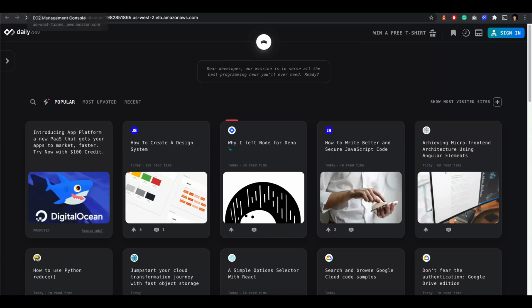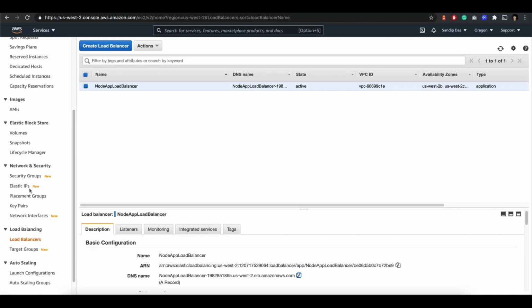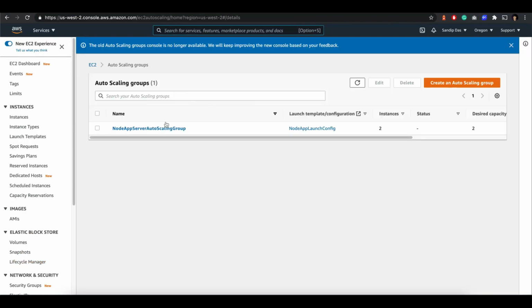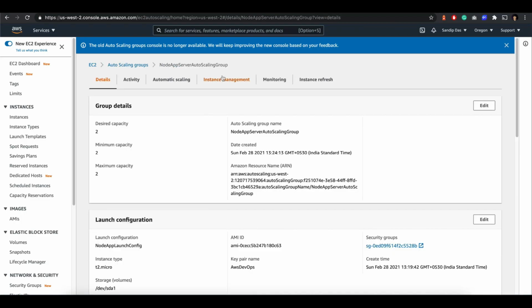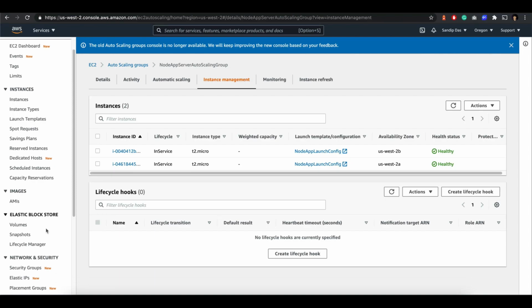Give it some time. Could be still provisioning. It is active. Gateway timeout happening. So let's see why the gateway timeout is happening. If we go to load balancers, and the auto scaling group also, instance management, healthy.